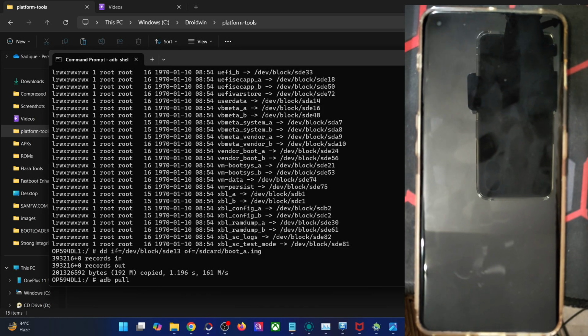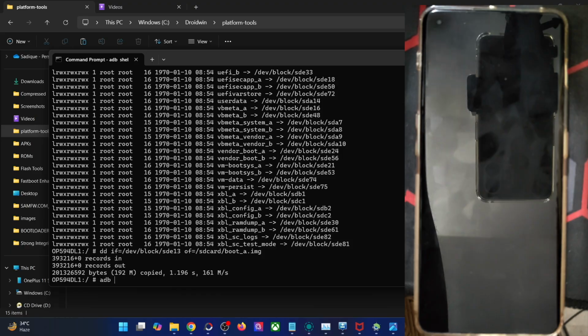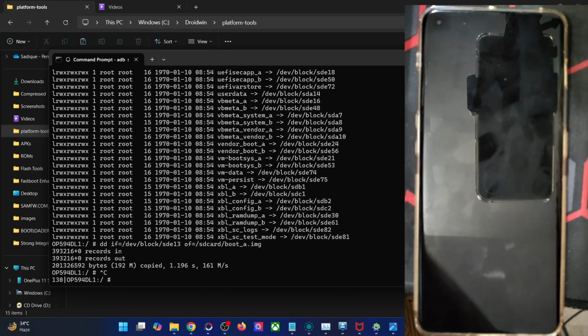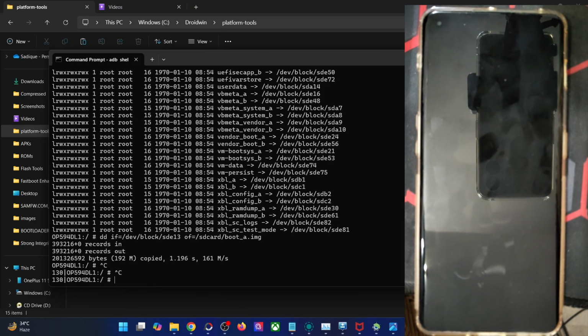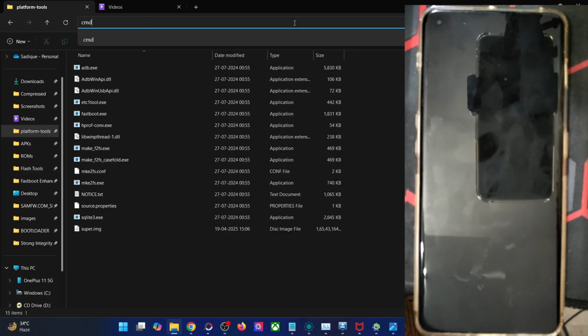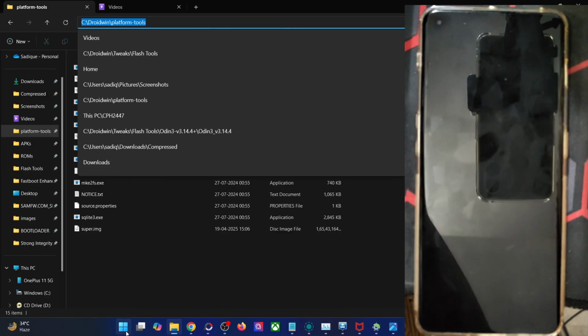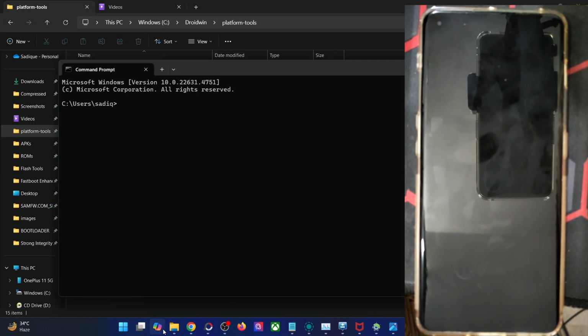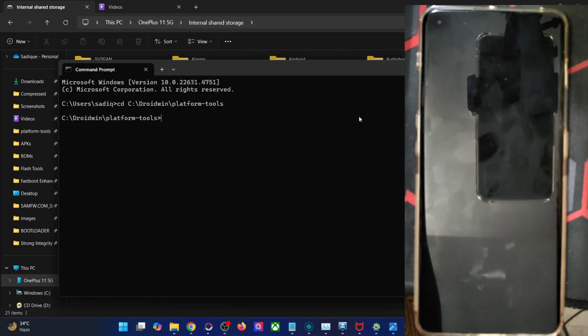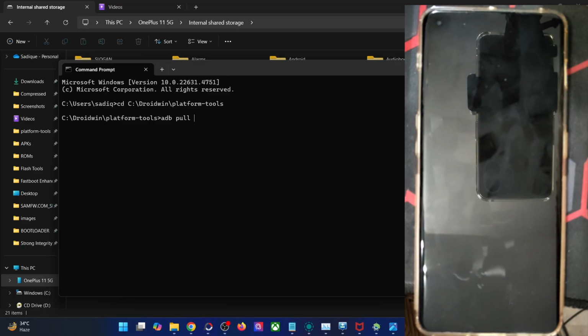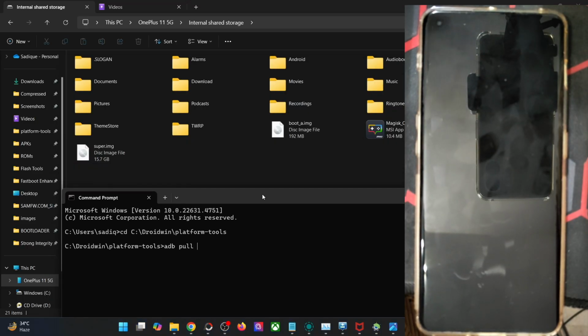Okay, the command will not work inside the hash, inside the SU. So you might have to open a new cmd window, or let's see if Control C will also not work. Okay, so now open a new cmd window. In case of adb pull, I have to copy the path and open the cmd from here and do the cd space path. Now type in adb pull space / the file address, which in our case is the SD card, the phone